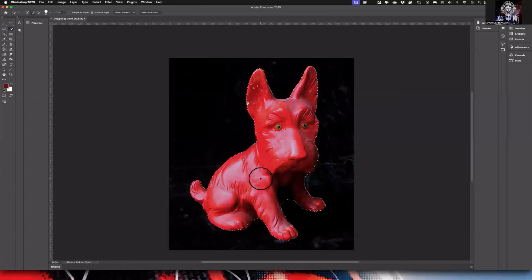I want to pick a different picture because I'm sick of looking at this dog. So let me